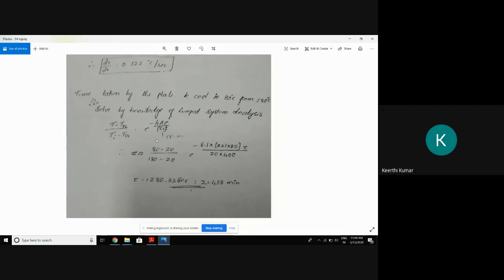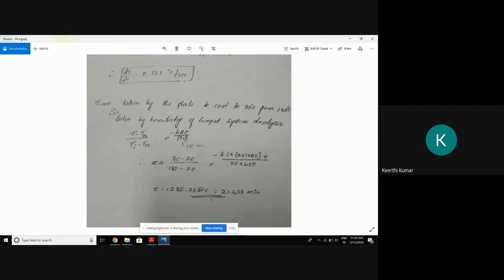And one more thing he has asked. What is that? The tau required, the time required by the plate to cool from 180 degrees centigrade to 80 degrees centigrade. So what is the general temperature now? What is the initial temperature of the plate? It is 180. What is the temperature of the air? It is 20. But he is expecting you to just calculate the time. If it is reaching 80 degrees, he wants you to calculate the time up to that temperature. So solve this problem with the help of lumped system analysis. Go back to the concept of the lumped system and then try to solve. What is that lumped system formula? This formula is available in the lumped system chapter.